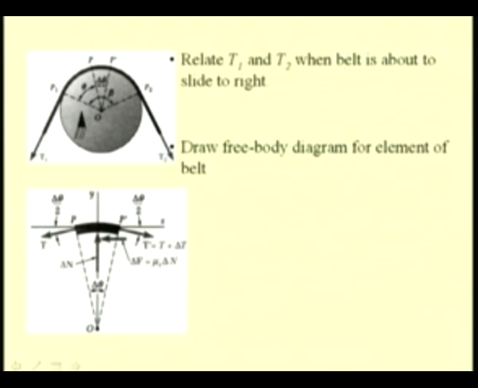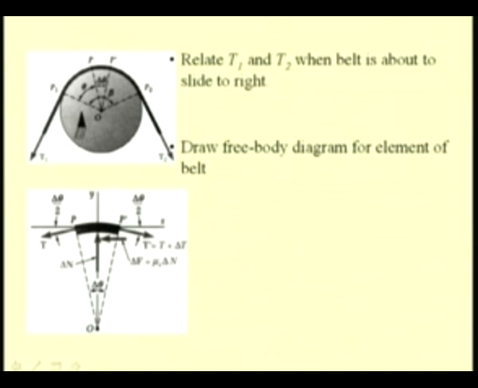This force N is the normal reaction of the pulley onto this belt element, and let us say we have the tension T at this point P, and because this pulley develops a torque and applies the same to the belt, we have an additional tension in the right hand side. Let that be delta T. So, we have the tension on the right hand side as T plus delta T,